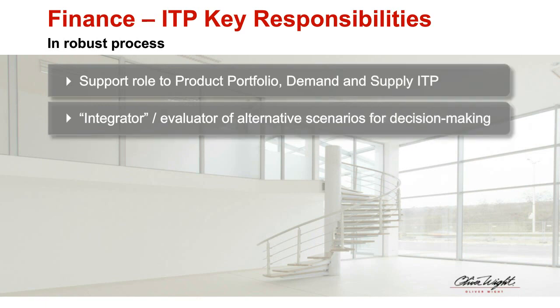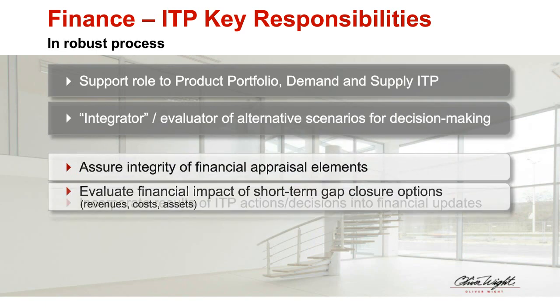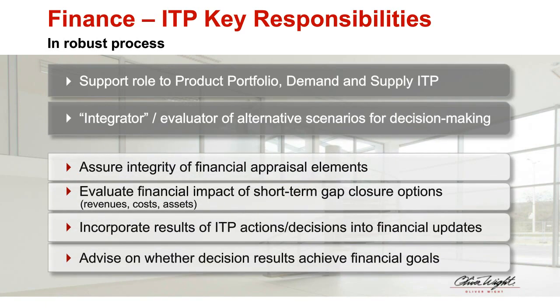Great. Thanks, Dawn. That's absolutely true, and what a great segue. So up until this point, we have discussed the quorum of key roles to drive effective discussions and decisions in ITP. We would be remiss if we did not mention the role of finance. So as you work your way through this slide, just these bullets here to reinforce, not only does finance support each of the